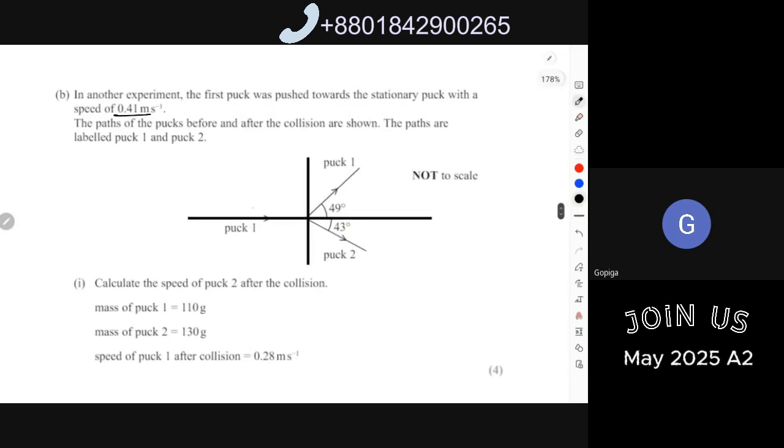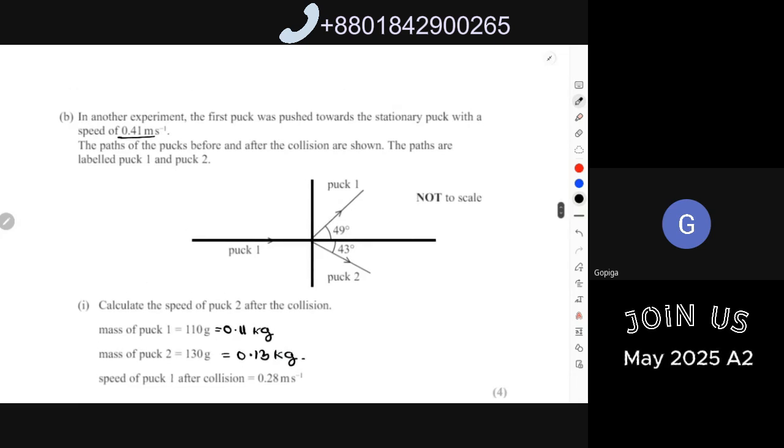For example, over here, the mass of particle 1 was 0.11 kg and this is 0.13 kg, right? And then again, before collision, you have the total momentum as 0.11 multiplied with 0.41, right? And nothing will be added because particle 2 does not have any velocity. And for the vertical components, you will have